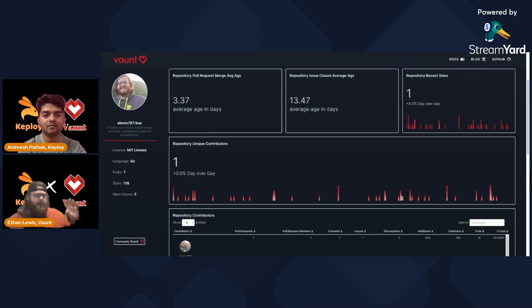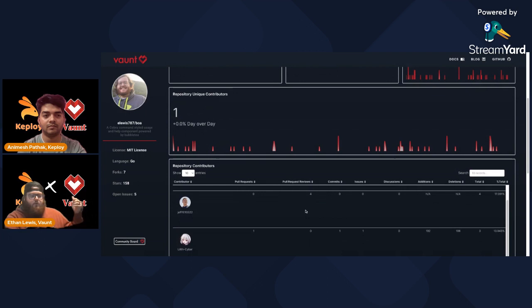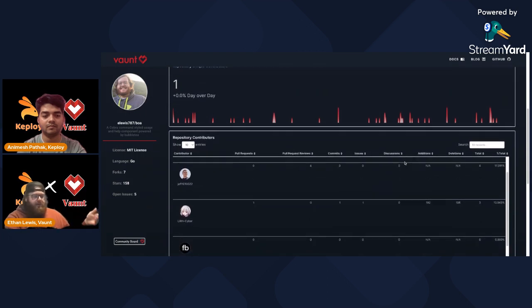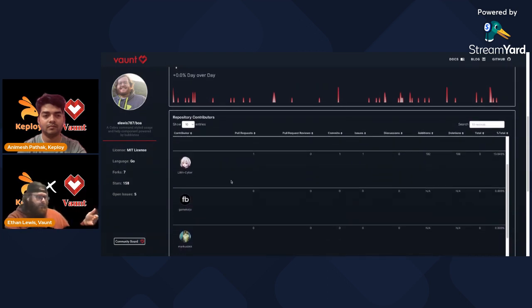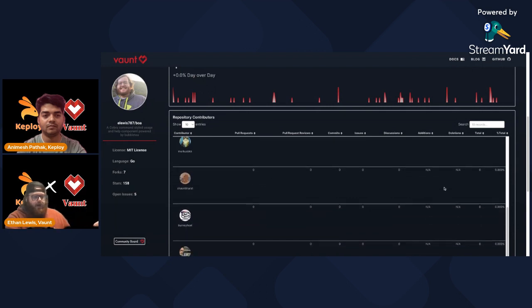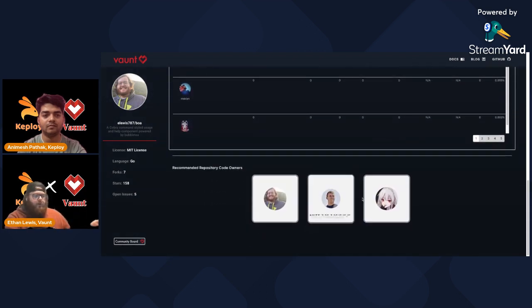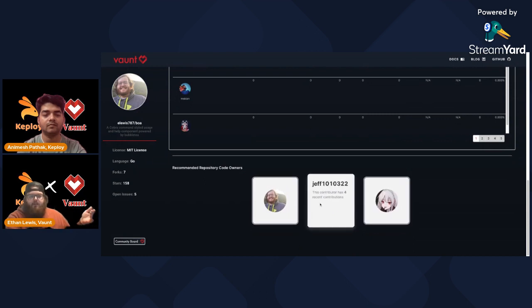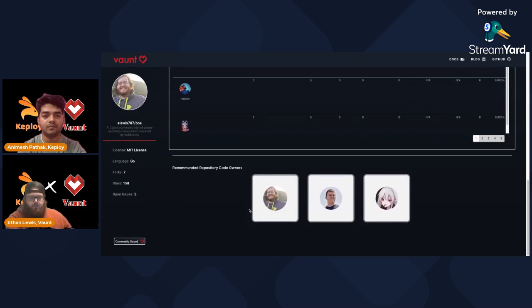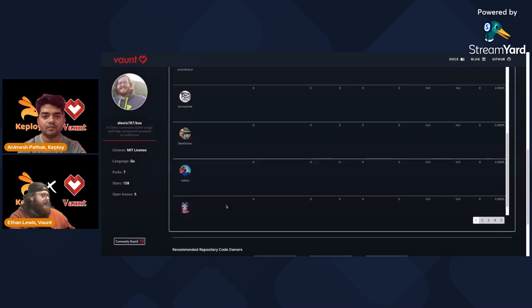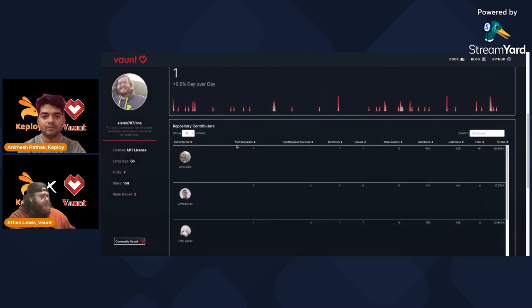But where I was going with a lot of this is a way that repository owners can showcase all of the contributors of the repository easily, and show how they've been contributing. We even have a section that highlights who the code owners of the repository should be, to be able to interact further with those individuals if you're going to actually contribute to the project.